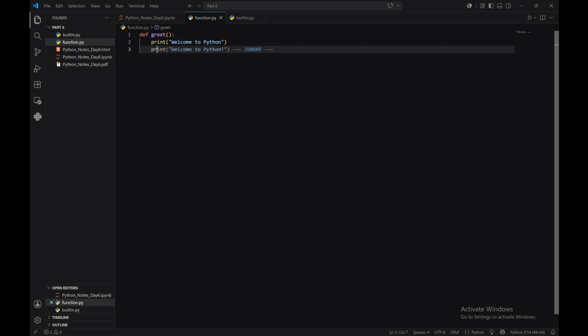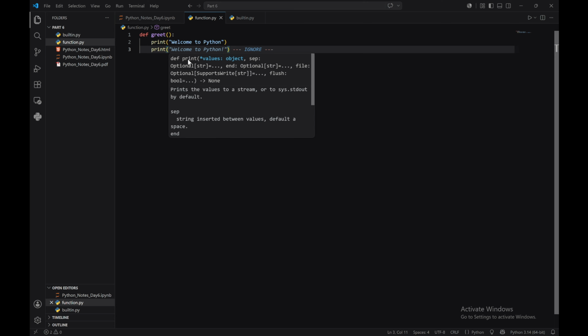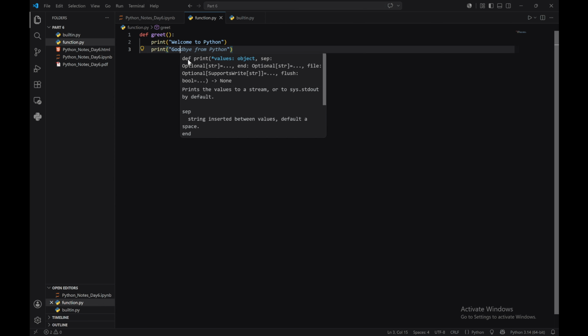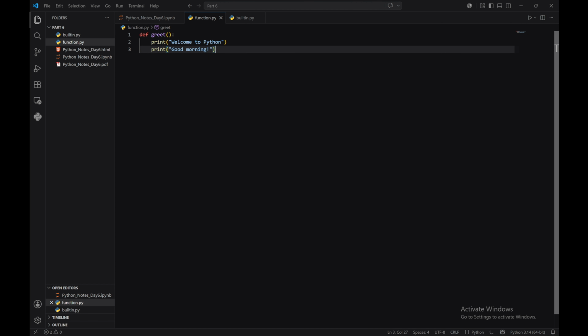print good morning. Let us go with goodbye, good morning, or good afternoon, or anything. After that, we can call it. So that's how you need to remember indentation, such as if you are not going to use proper indentation,